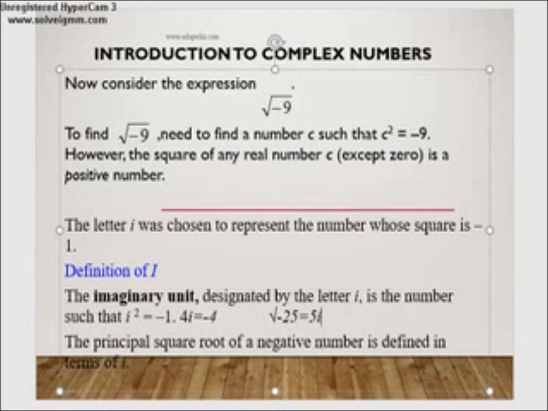The square root of -25 will be 5i, and the reason for that is because the square root of 25 is 5, and since it is a negative number, we have to add the i over here, so that if both of these are squared, like 5i whole squared, we get -25 as our answer. It is a really simple concept. All we have to get through our head is that whenever there is a negative inside a square root, as you can see in this square root of -9, there will be an imaginary part to the answer,